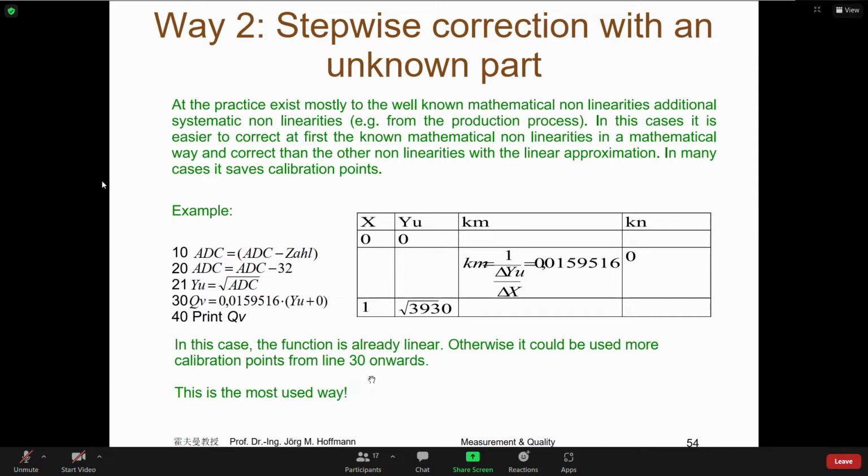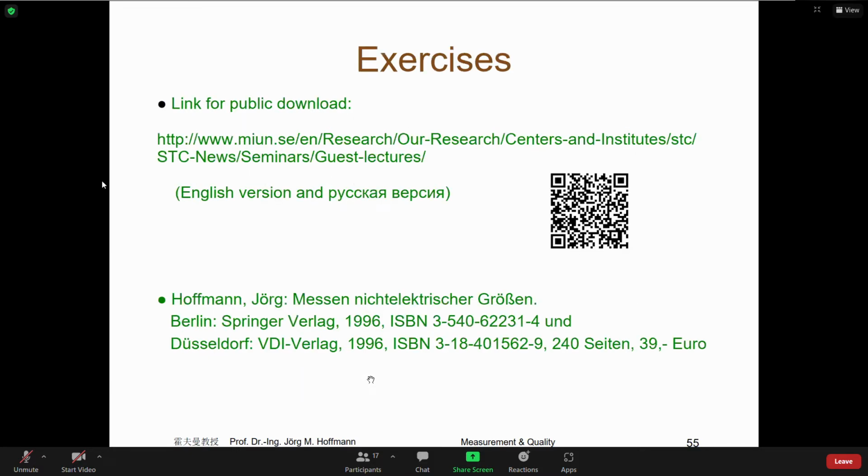No questions? Then I have here the exercises, but I have uploaded this example. I think I have uploaded this example. That is another example, also with a nonlinear function. This is in English, and there is also a Russian version. In the second part of the PDF, you have a Russian version. You can read this example